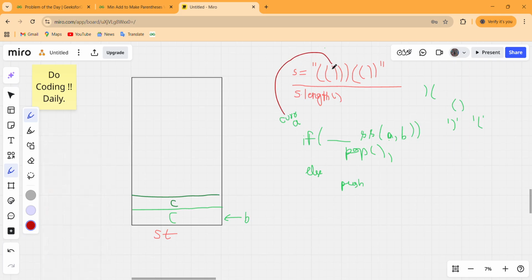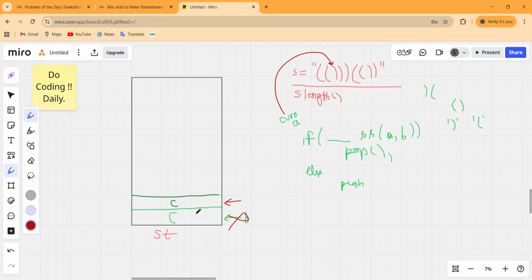This time this character is A now, and our B is this one now. Again we have to check whether the stack is empty or not.